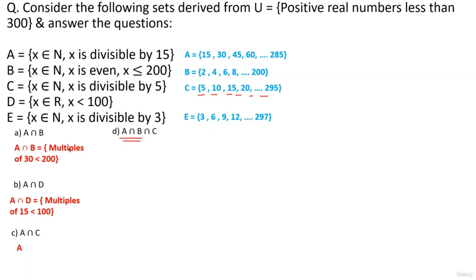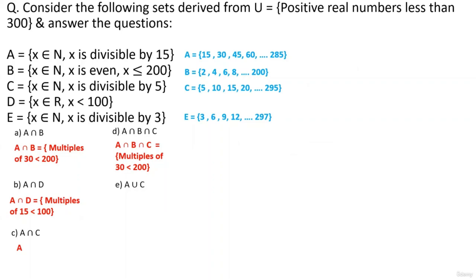So multiples of 30 less than 200 and multiples of 5 में common क्या आएगा? Multiples of 30 आएंगे, right? So basically it is multiples of 30 less than 200. Why? Because A intersection B का जो existence है, it is defined only for numbers less than 200, of course, right? All right, guys, so we go on to the next part and that means the one that says A